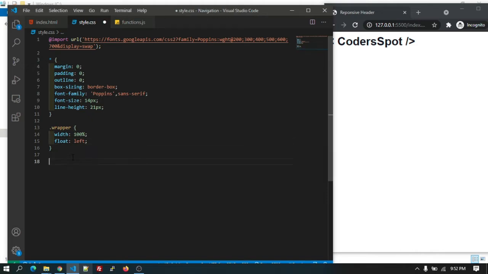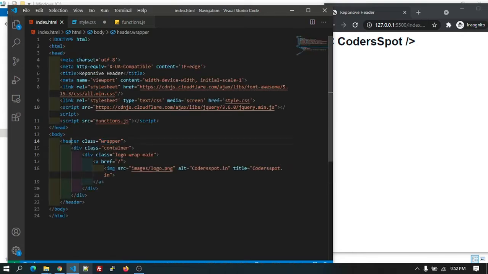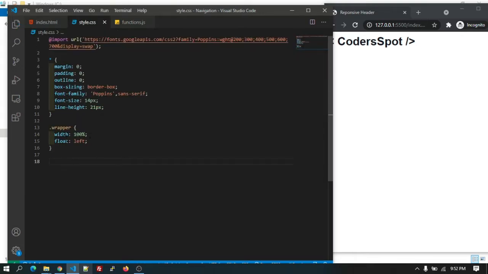Also, let's add CSS to the header tag. We have added the CSS to the wrapper class. Let's add the CSS to the header tag as well,